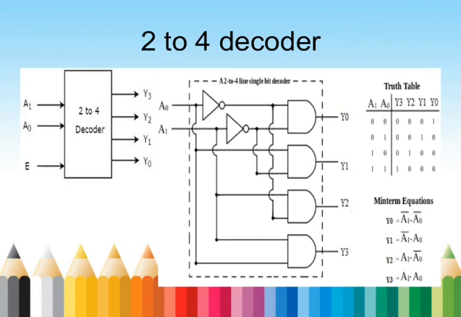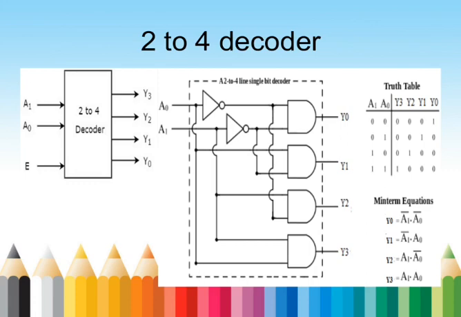For a two input circuit, there are four different input combinations: 0 0, 0 1, 1 0, 1 1. When the input is 0 0, it decodes only at output line Y0. When the input is 0 1, it decodes only at output line Y1. The remaining outputs are 0. When the input is 1 0, it decodes only at output line Y2. The remaining output lines are 0. When the input is 1 1, it decodes only at output line Y3. The remaining output lines are 0.